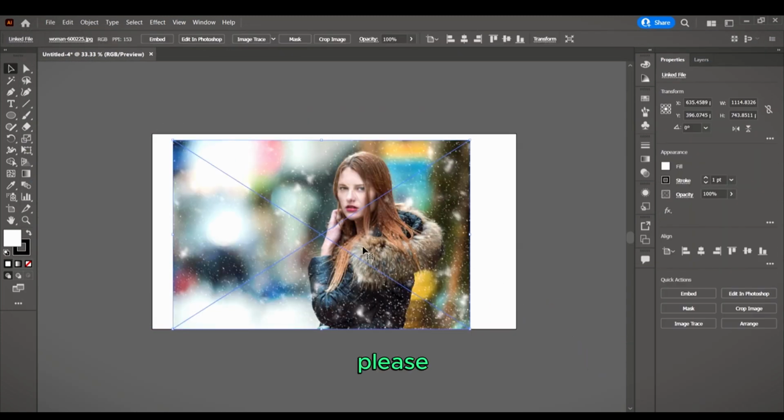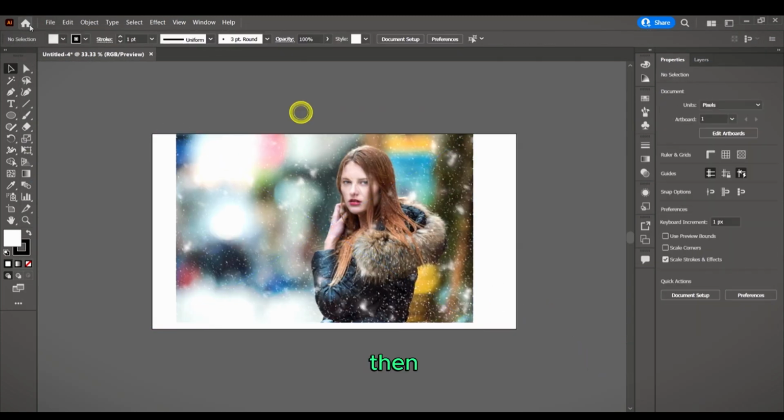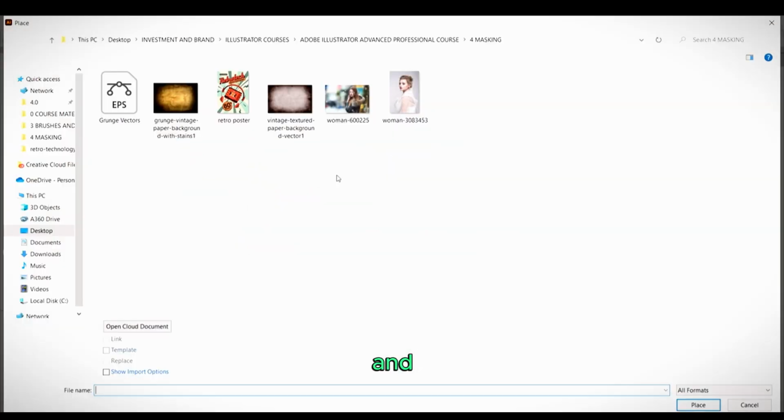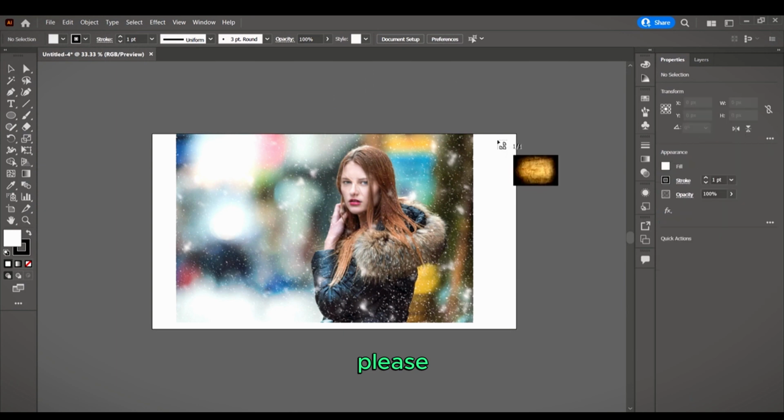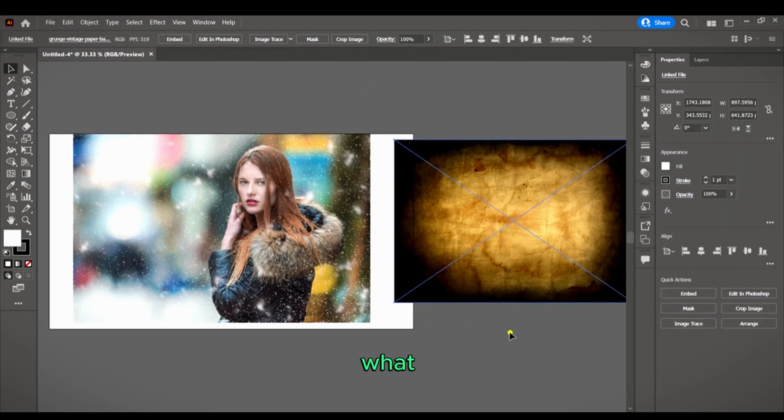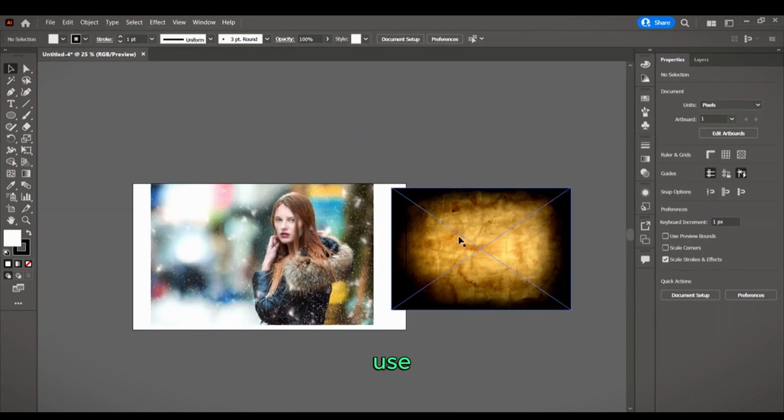Just draw it on please. Okay, and then come again and import another image. Let's import this one, please. Okay, so what opacity masks do is they use one image to generate a mask around another image, okay, using